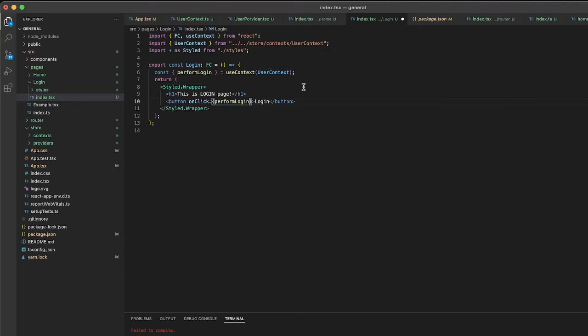Okay, so whenever we click this, it should set the state of our user to logged in, that he is logged in. Okay, and the next thing will be to